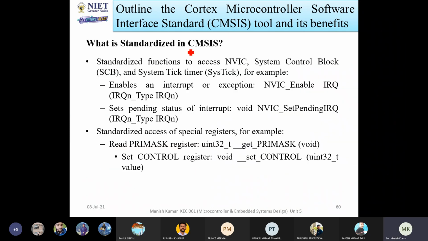So what is standardized in CMSIS? If you are going to use the CMSIS tools, then you are going to standardize some functions so that these functions will work throughout the Cortex-M series processors. So a standardized function to access NVIC. So I will tell you.